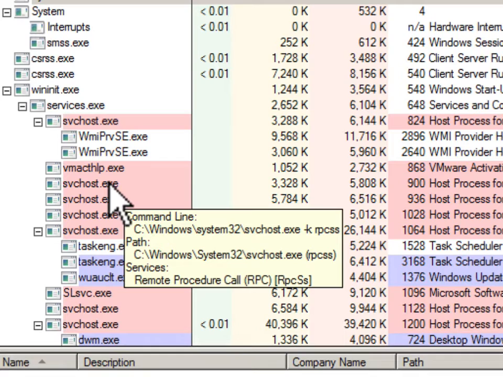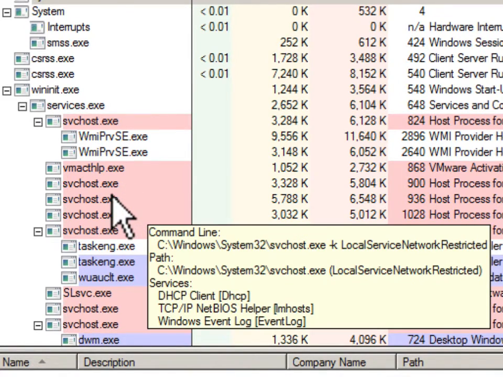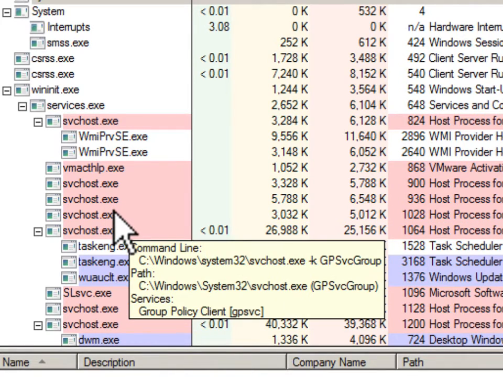A lot of viruses come in through here because it is a Microsoft technology that makes it possible for you to take a software component that was originally part of one program and expose it to the internet. And that makes it very easy to take your products and turn them into something you can sell, but it also means that a bunch of things designed for a closed, safe system are now exposed to threats on the internet without the security being improved. So it has led to a lot of security disasters, but also it makes it easy to sell software and make money. This one here is running the DHCP client and TCP IP, and this one is running group policy,